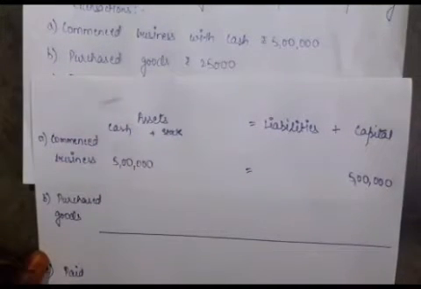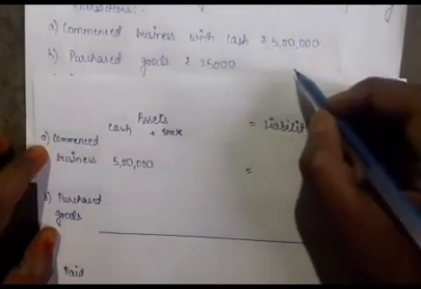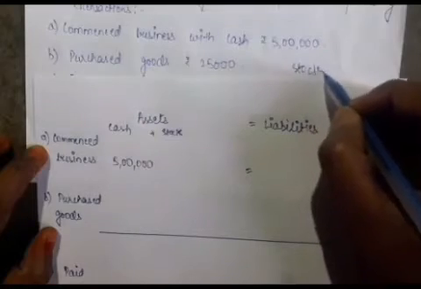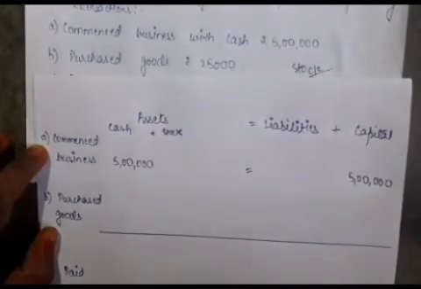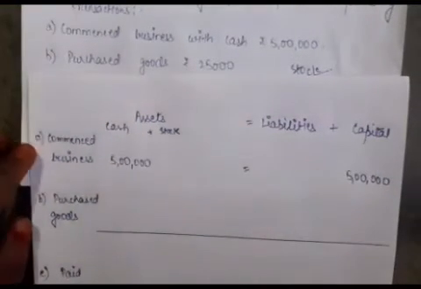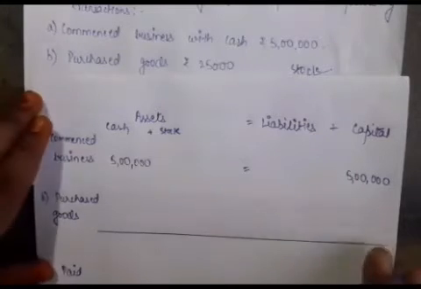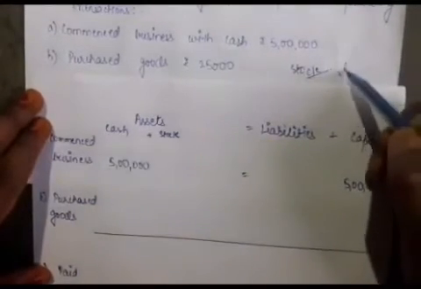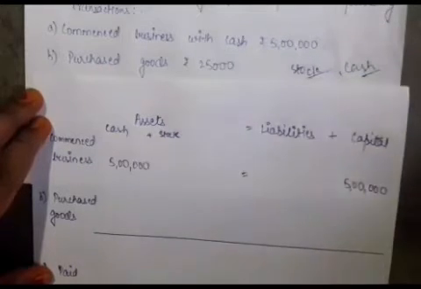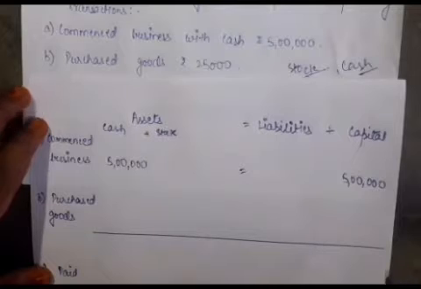Two things are involved here. You must have got stock, and if you are purchasing stock, then you need to pay something, because it is not written that we are taking it on credit. So we'll assume that we have purchased it for cash and paid cash for it. So stock and cash are the two accounts that will be affected by this transaction. Stock and cash both come on the asset side.